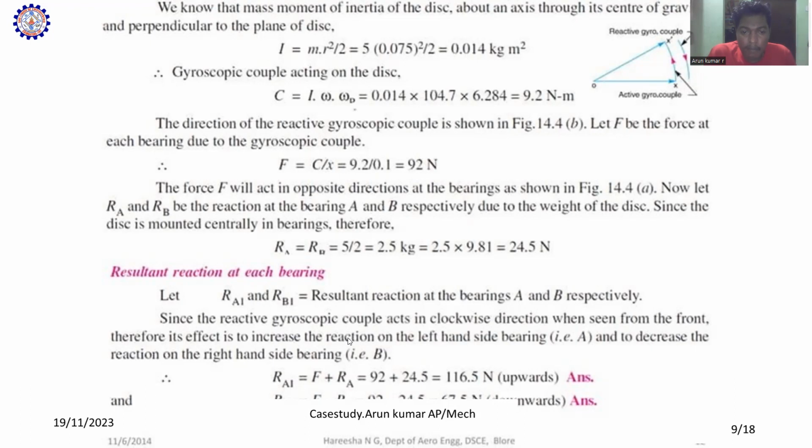The resultant reactions at each bearing, RA1 and RB1, are the resulting reactions at bearings A and B. We need to find RA1, so we add the force F plus RA. Similarly, for RB1 we find the summation of F plus RB. The value of RA1 is 116.5 Newton, whereas RB1 is 67.5 Newton. So RA1 is acting upward, and RB1 is acting